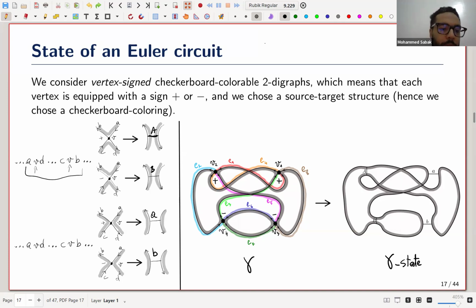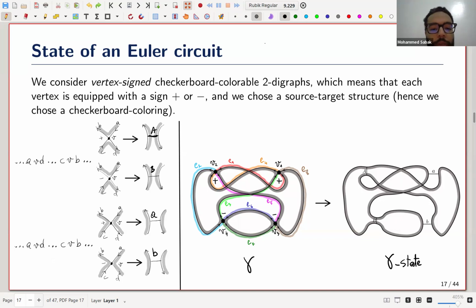So now let's look at the second case, where at the first visit we go from A to D here. But here the checkerboard coloring, as you can see, comes from the sides. So in this case, if we have a positive sign, then we put a little a letter for the marker labeling. And if we have a negative sign, we'll put a little b marker.